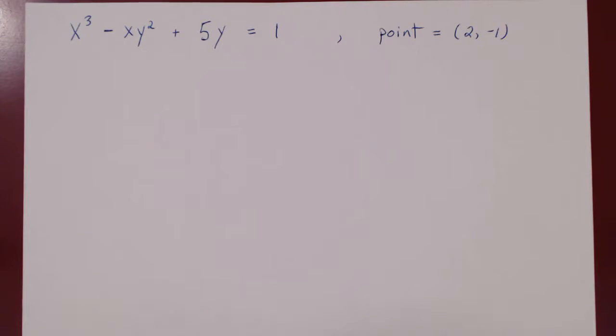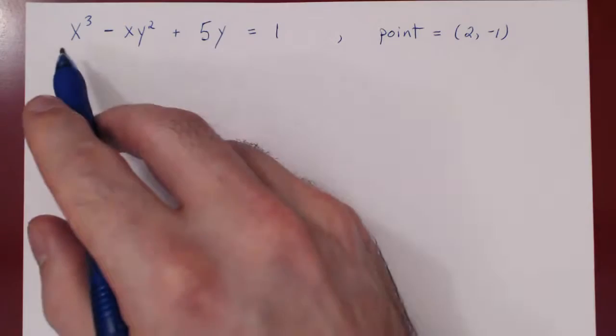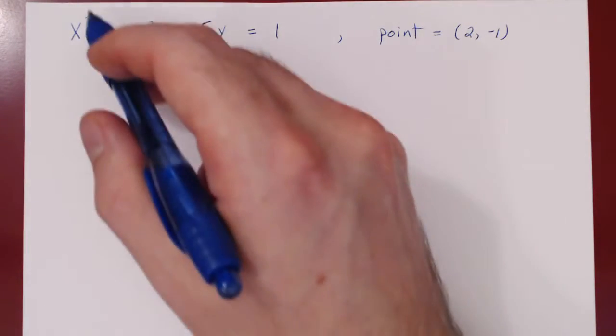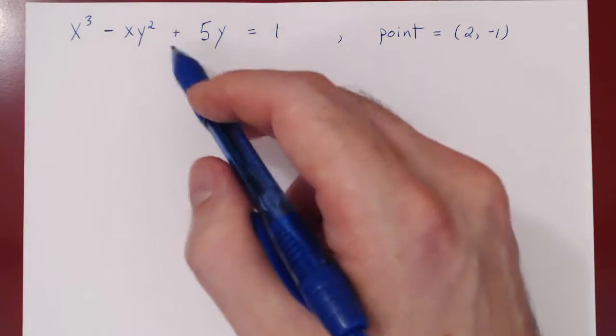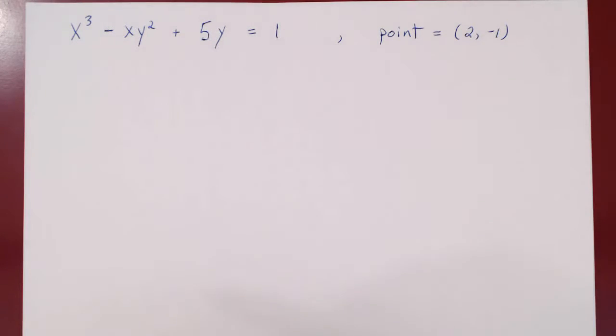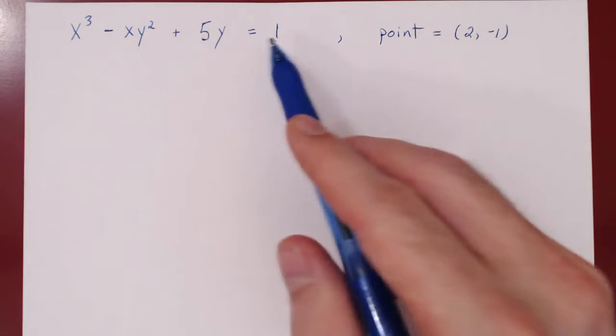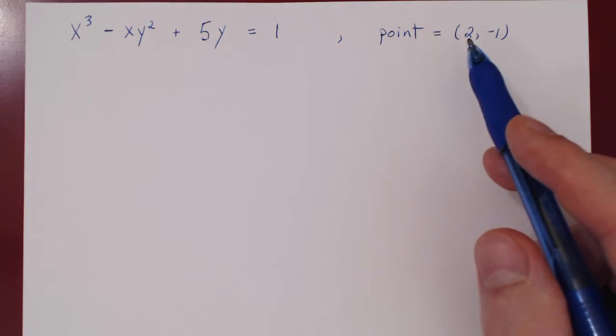Okay, so in this video, we will consider additional problems of implicit differentiation. So here's a problem. We're given a curve, and here's its equation. So x cubed minus xy squared plus 5y equals 1. And we want to find the equation of the tangent line to this curve at the point x equals 2,